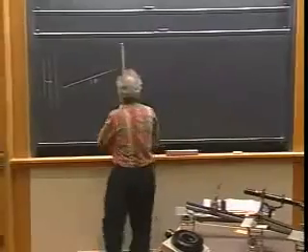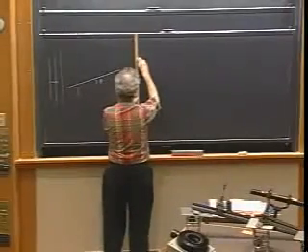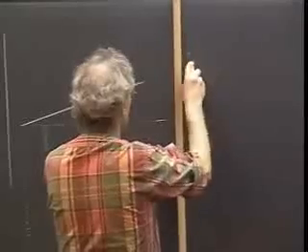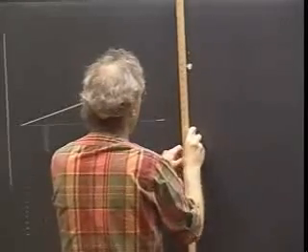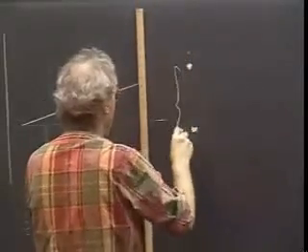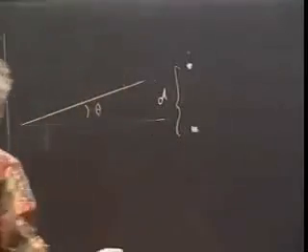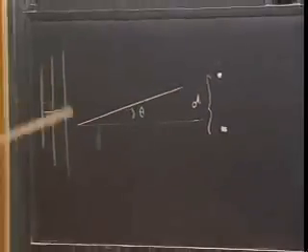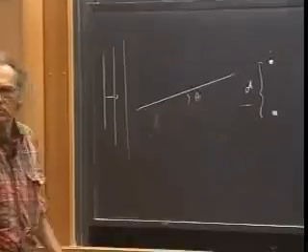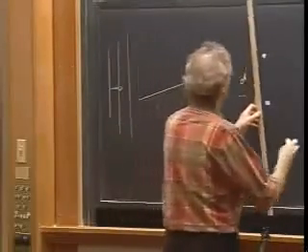Suppose that the separation between two adjacent Huygens sources is d. In other words, here is one and here is the other. So this is a blow-up of what you see here. Here you see hundreds, maybe thousands. Here I have only two. And if that separation is d,